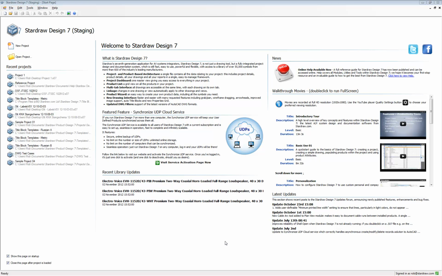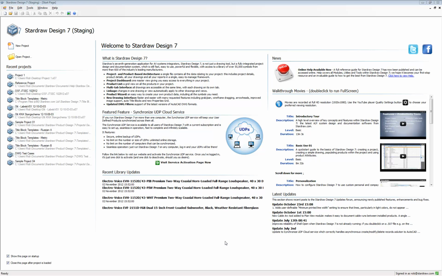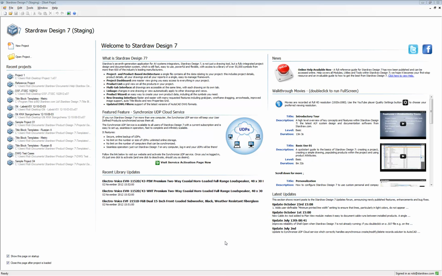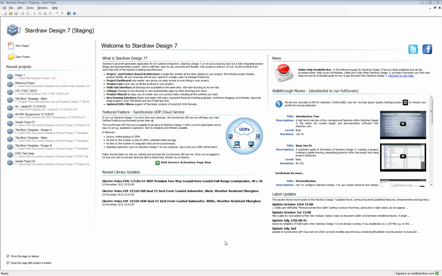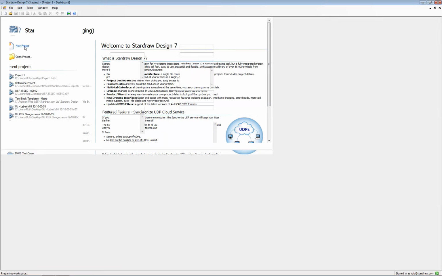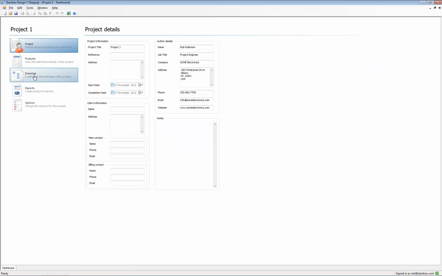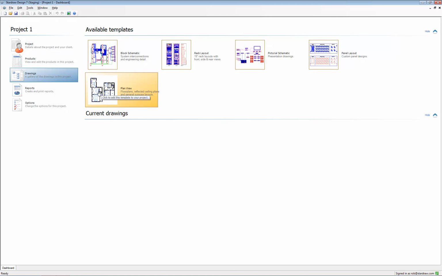In this movie we're going to look at the Plan View module, which makes it easy to work with building layouts and indicate the locations of products by using symbols, and also make annotations onto those layout drawings. I'll begin by starting a new project, and you'll see in the drawings view that there is a Plan View